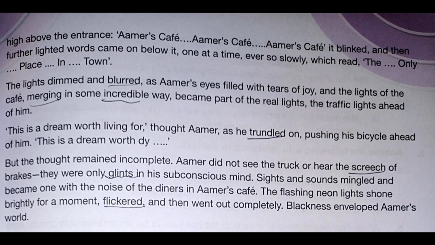Sights and sounds mingled and became one with the noise of the diners in Aamer's Cafe. The flashing neon lights shone brightly for a moment, flickered, of light, shine unsteadily, very rapidly in brightness, and then went out completely. Blackness enveloped Aamer's world.